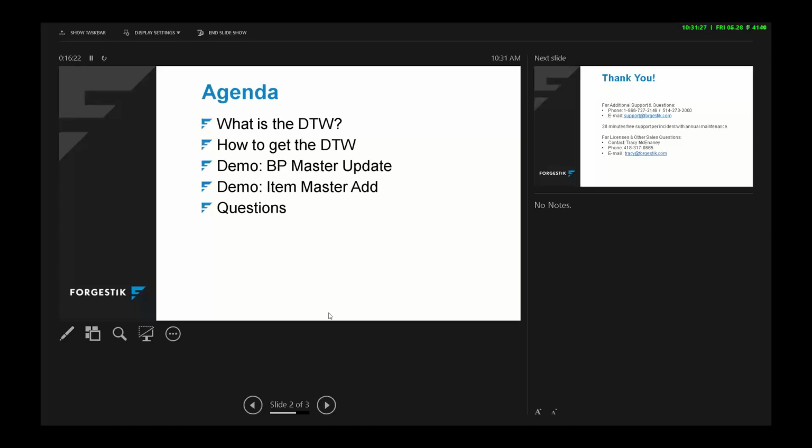So what is the DTW? The DTW is also known as the Data Transfer Workbench. It is the primary way that, say, a consultant would get data into the system. So data can be anything from, this one sec,